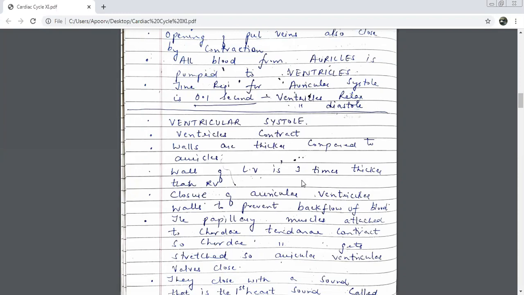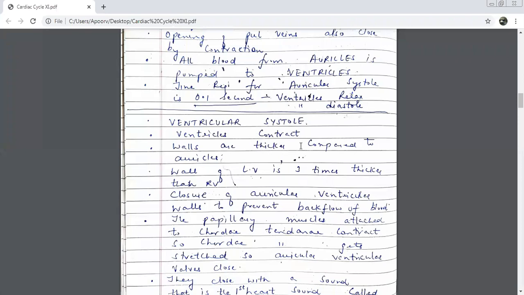One on this side, one on this side. Again, I'll make you revise that word, mediastinum. We had done mediastinum, the middle area. The mediastinum is the middle area, between the lungs. So blood does not have to travel much, beta. But from the left ventricle, it has to go to all parts of the body. That is the reason that the walls of the left ventricle are 3 times thicker. Now, what is going to happen?